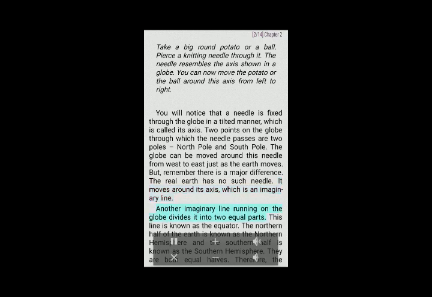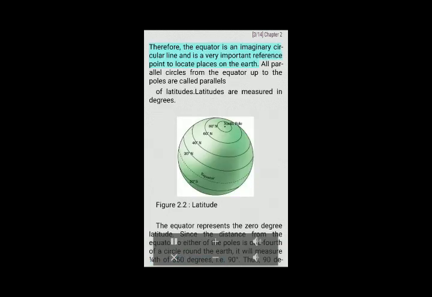Another imaginary line running on the globe divides it into 2 equal parts. This line is known as the equator. The northern half of the Earth is known as the northern hemisphere and the southern half is known as the southern hemisphere. They are both equal halves. Therefore, the equator is an imaginary circular line and is a very important reference point to locate places on the Earth. All parallel circles from the equator up to the poles are called parallels